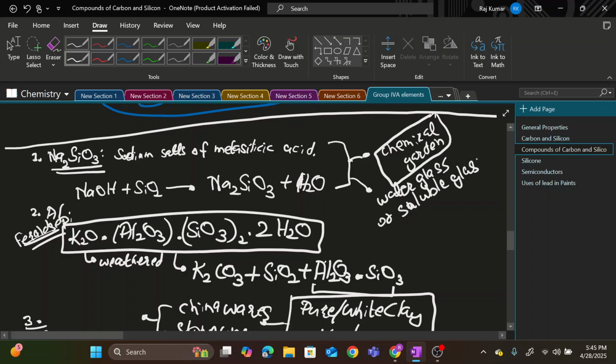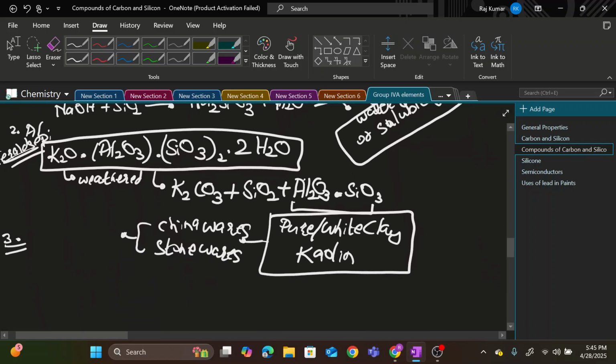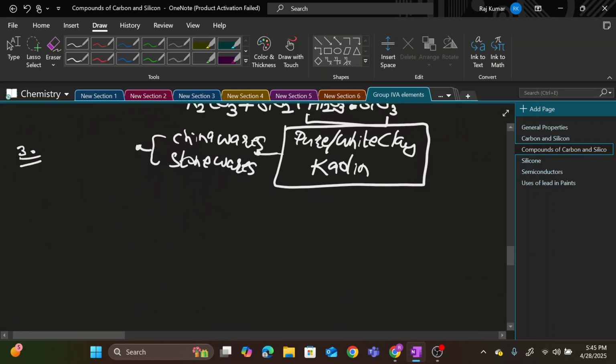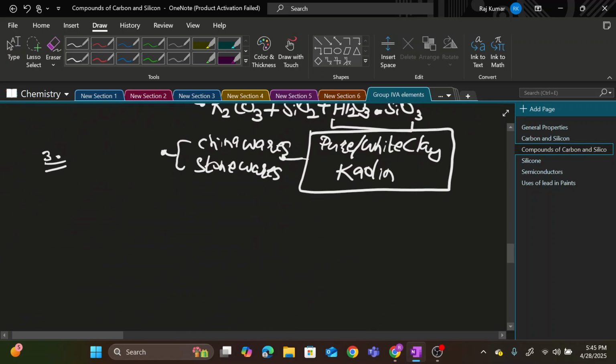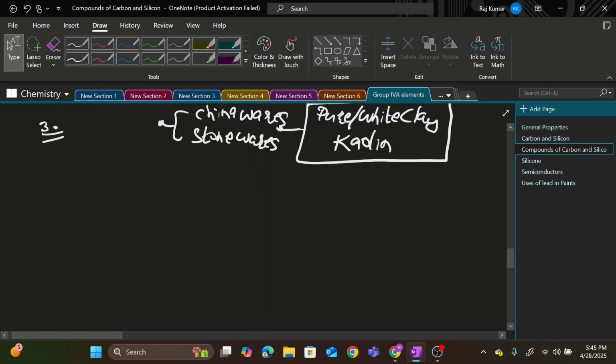Why? Because it is highly soluble in water and in strong alkaline solution, due to which it is known as water glass or soluble glass. And the third thing to be understood is